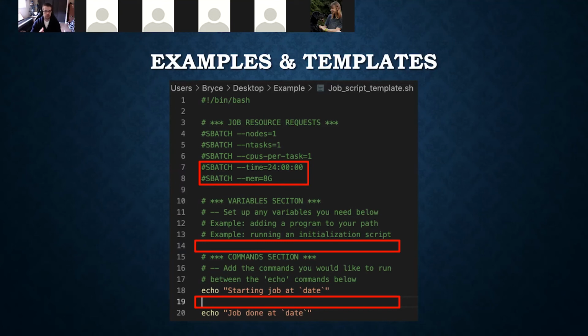Once you set your time and memory, you have this section where you can add any variables or load any programs that you want to use. For me, it was setting up those FreeSurfer variables and then running that setup FreeSurfer script. For you, it might be module load MATLAB, or module load Python, Anaconda, and then conda activate this environment. All that stuff can go in this variables section. It's basically anything that you need to run the commands that you want to run, which is the next